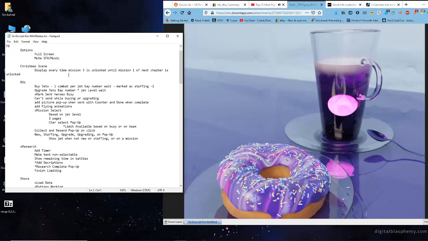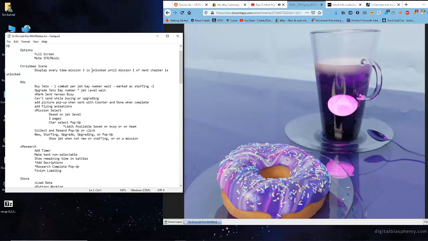He's working on a Christmas scene, which we know could be a potential patch to the game around the holidays. I don't know how long Playdom would run it for. My guess is maybe Thanksgiving to New Year's, I think, would be appropriate for a Christmas or holiday scene, depending upon what you celebrate at that time of year.